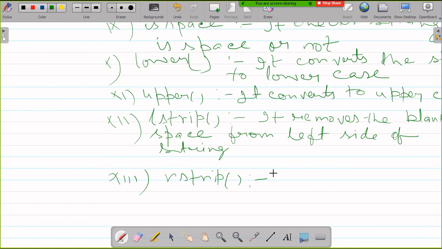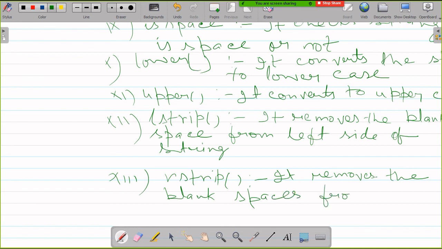So generally this function is used as trim.